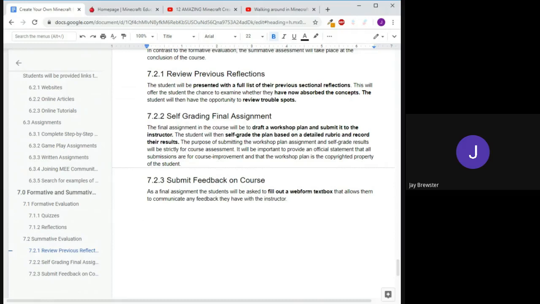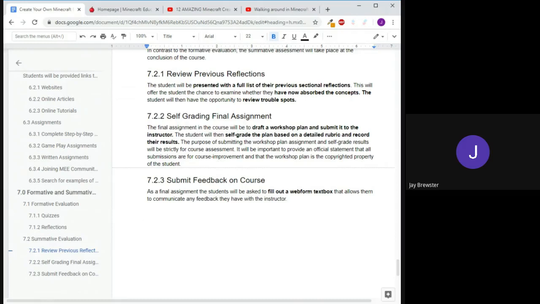And the final assignment is a draft of their workshop. So ultimately they want to go out and present this workshop to other people. So the last project will be, they need to create the skeleton, maybe a fleshed out skeleton, of what they're going to do.